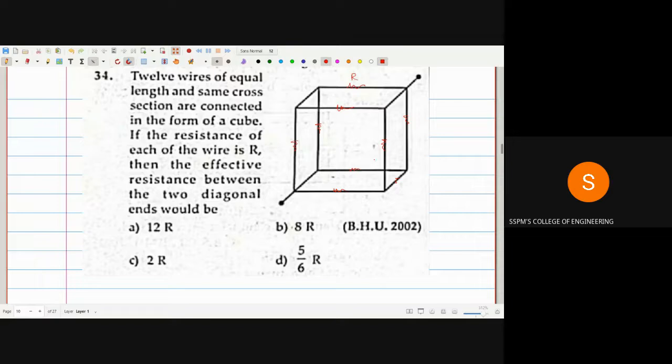Let's consider R. सगळीकडे R असे कनेक्ट केलेले आहेत. आणि क्वेश्चन काय? Find the resistance between two ends A and B. आता हे दिसायला एकदम कॉम्प्लिकेटेड वाटतं, but it is very easy to determine the resistance between A and B if you apply